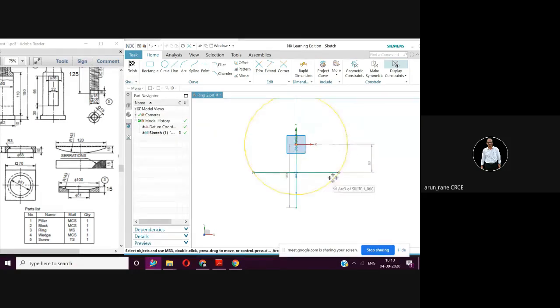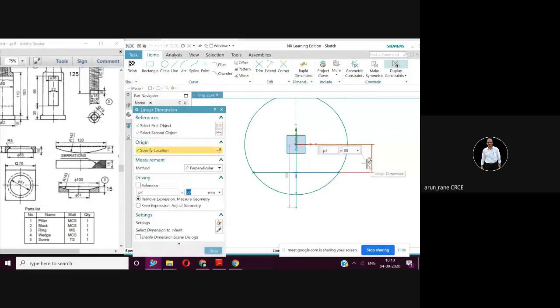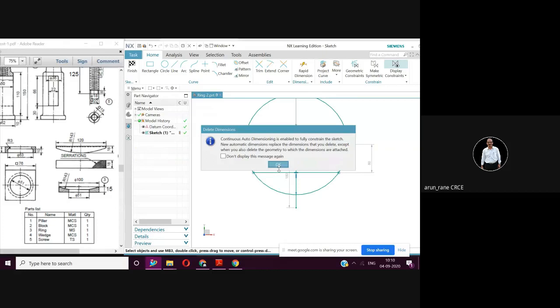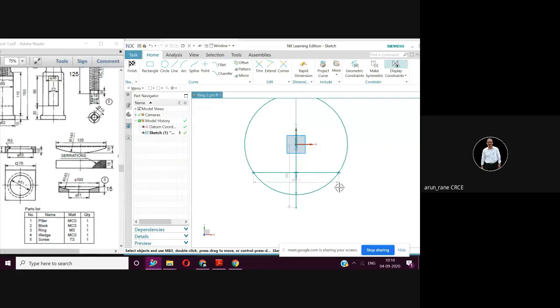Because of this 80, this line is already fixed. So I will have to delete this, or I will have to calculate this and fix it up. Since this is not given in the drawing, and in the drawing this 100 is given, I will make use of the drawing. So I'm going to reduce your calculation.